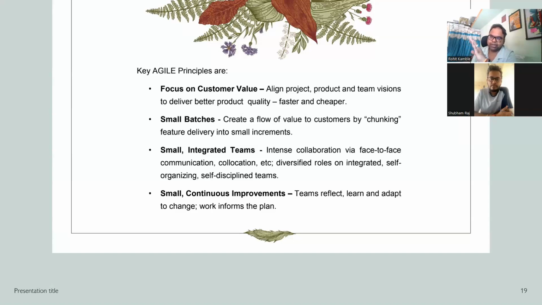Let's take any big industry. It's not like a complete team of 30 to 40 people. For a small project, there are only 5 to 6 people. And if the project is really big, then only 10 to 11 people, you can say. Because here we need intense collaboration of the team, like the business analyst talking to the developer, technical lead, QA person. So 5 to 6 members is enough for every project.